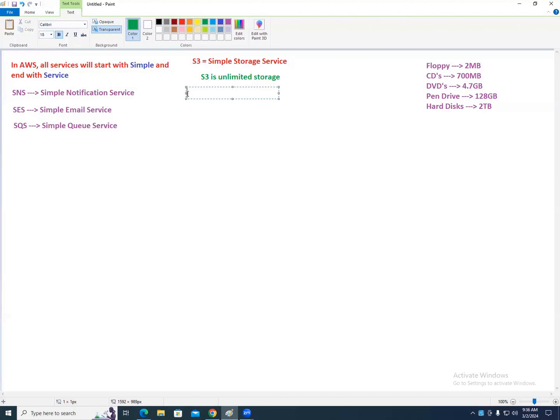That is from Google. From AWS, it is S3. S3 is also just storage. You can upload all kinds of files. Do you have any restriction that a file cannot be uploaded? No, any file you can upload to S3. So S3 is used to just store files, meaning any type of file.